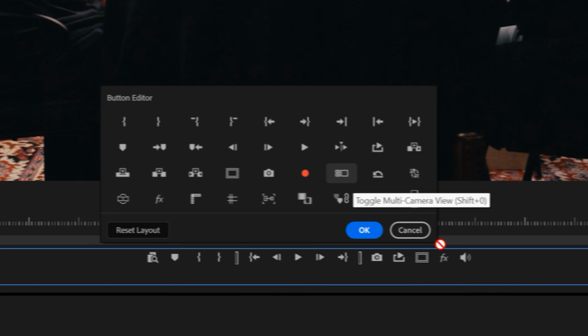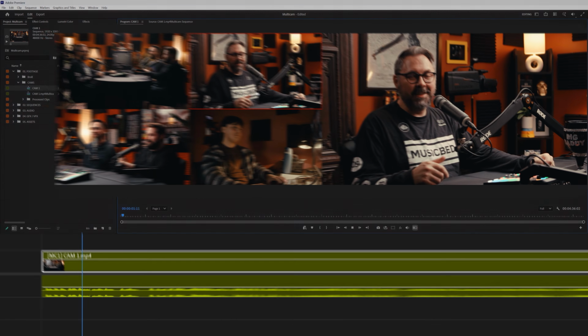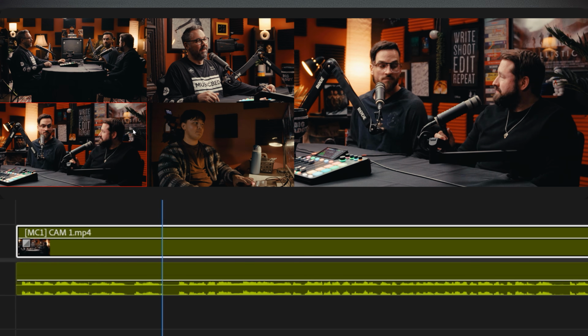monitor, click the plus button on the lower right-hand corner, and add the multi-camera view so you can see all your angles at once. And now when you play the timeline, you can click between camera angles in real time to create your edits. Or you can press the number keys on your keyboard to switch angles as you play